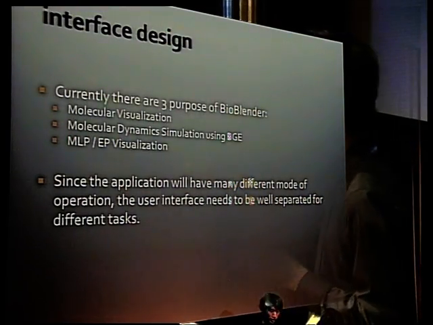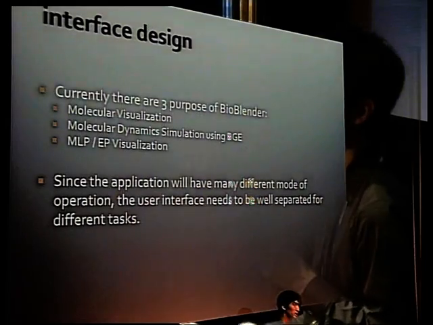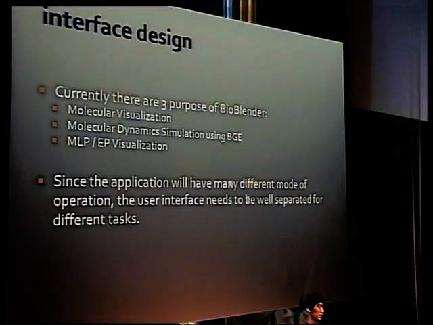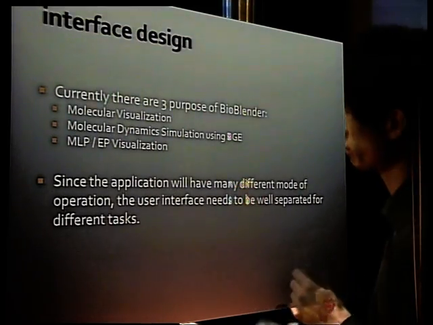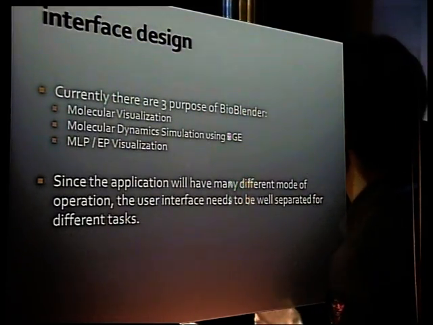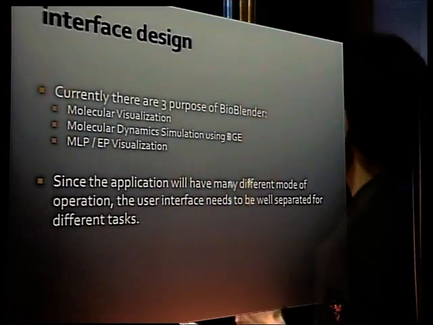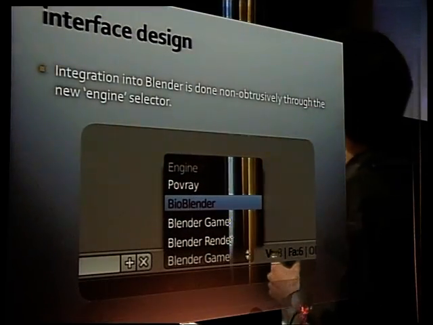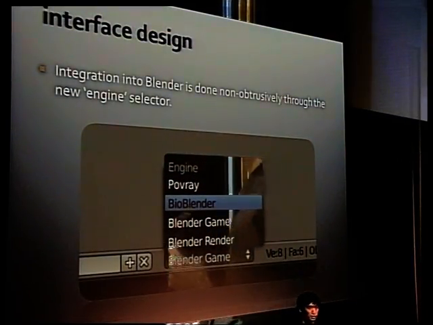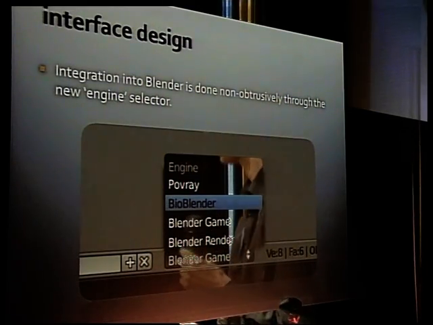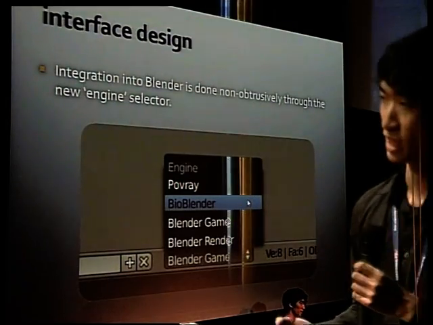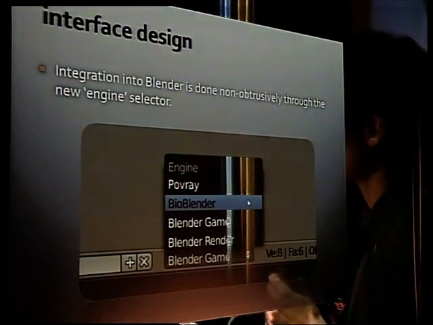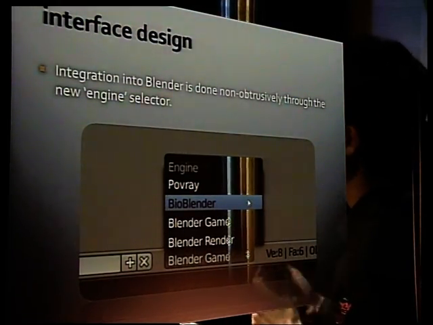Because we can do 3 things and we don't really know what the researchers want, we have to make sure the interface is set up in a way that's intuitive to them and not slowing them down while they figure out what all the buttons do. So BioBlender is integrated into Blender with this engine selector here. The new engine selector lets you hide some of the features that you don't want while exposing new features that you do want.